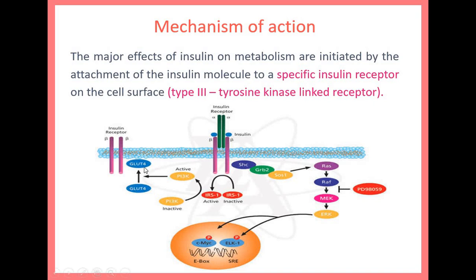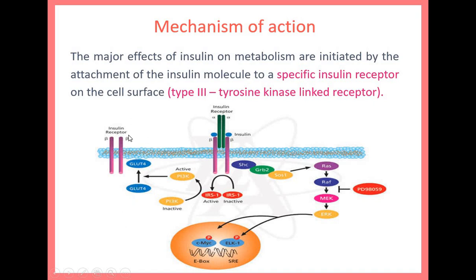So these cells, adipose tissue and skeletal muscle, express a transporter, right? That transporter is called a GLUT. GLU refers to glucose, T refers to transporter. There are various subtypes of GLUT, and here I have shown GLUT4. GLUT4 is present in the cytoplasm, but it needs to be sent to the cell membrane. Then glucose will come and get entry inside the cell. Without GLUT4, it will not enter inside the cell.